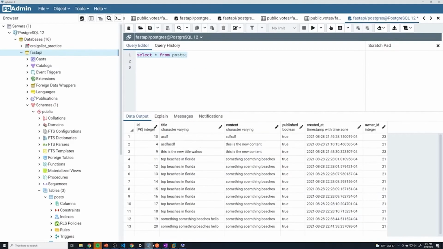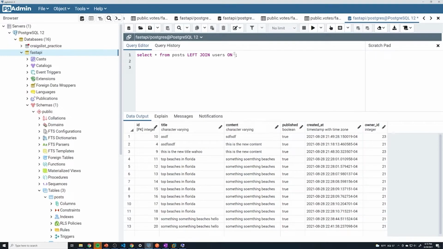So let's go back to Postgres and let's create our first join. So here I'm going to do select. I'm just grabbing all of the fields and I'm going to grab it from the posts table. And what we can do is I can say left join, and then we specify the other table we want to join into my query. So now I want to get data from the users table. So I do users. And then we have to find a field in both tables that we need to match on or join the tables on. And since we want to find the specific user associated with the person who created this post, we need to join on the owner ID. So what we say is